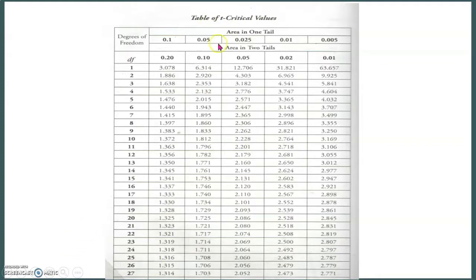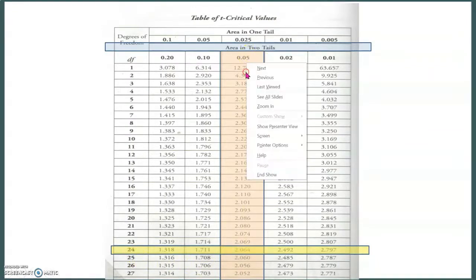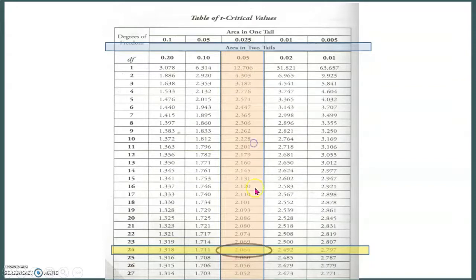Again, our test is two-tailed, so we will use the area in two tails, and our alpha is 0.05, so we'll use this column. And since our df is 24, getting the intersection of df equals 24 and alpha equals 0.05,